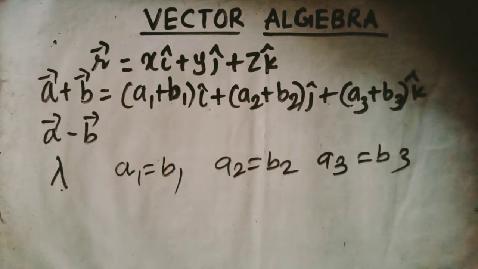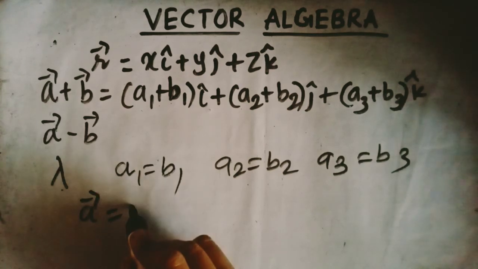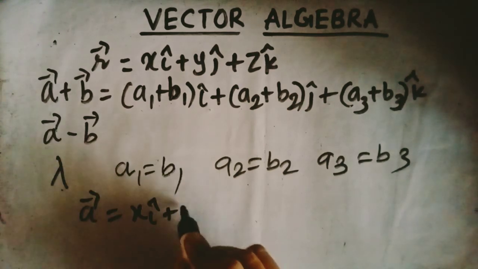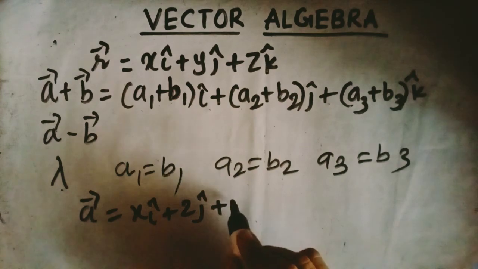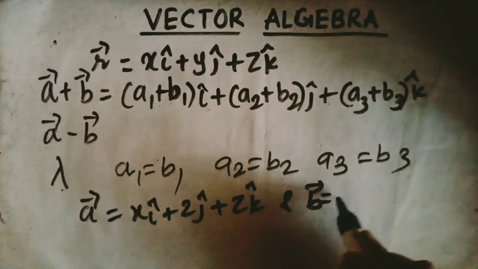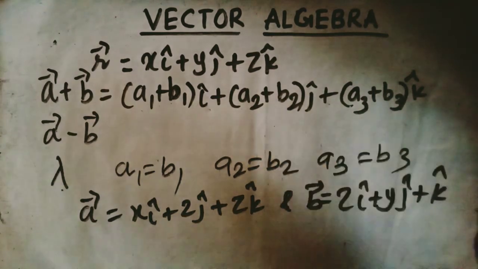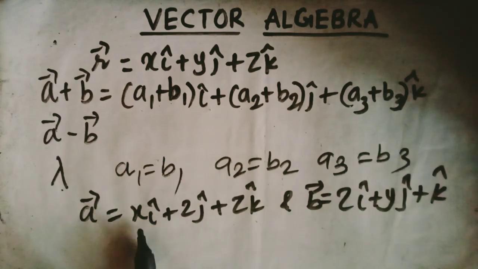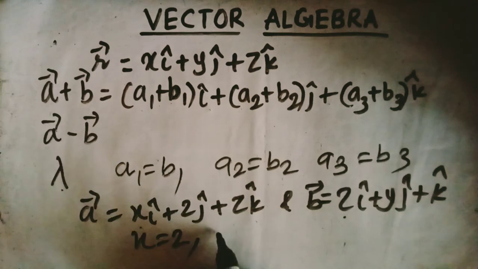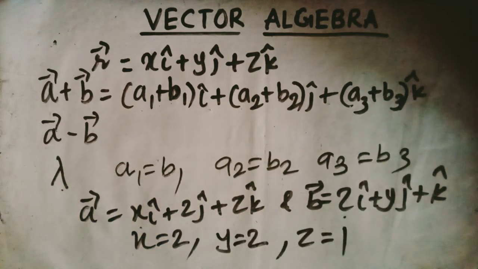Okay, so one question is there: find the values of x, y, z so that the vectors a, given as x i plus 2j plus z k, and b, given as 2i plus y j plus k, are equal. These are given equal, so you have to just compare the scalar components. So x equals 2, y equals 2, and z equals 1. Okay,